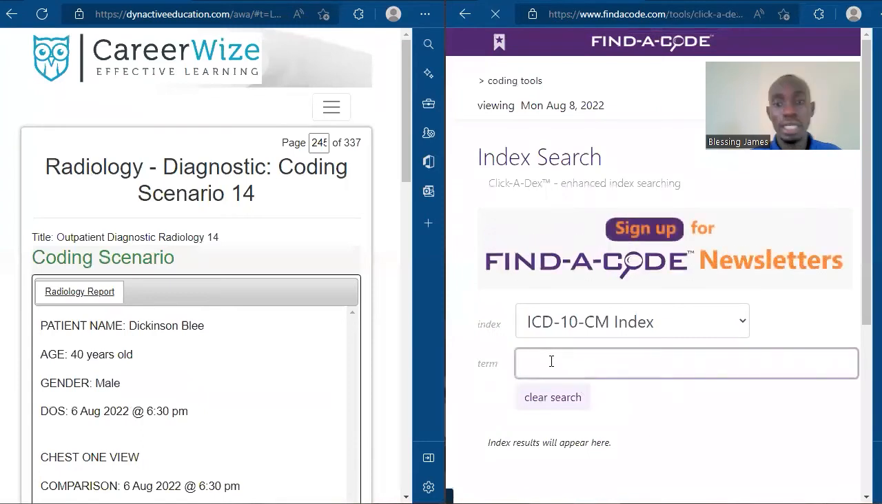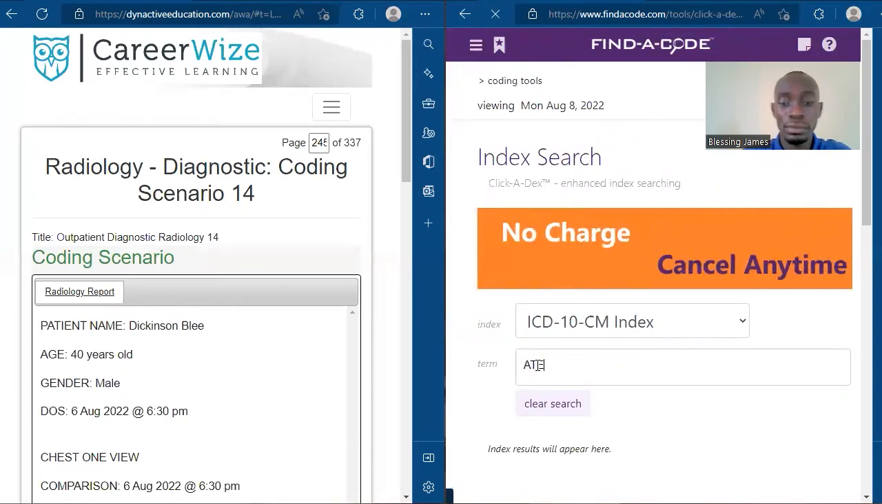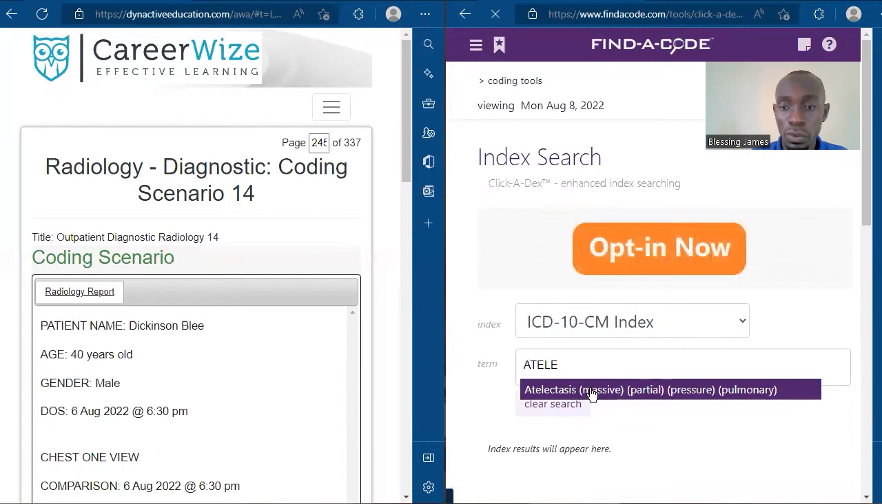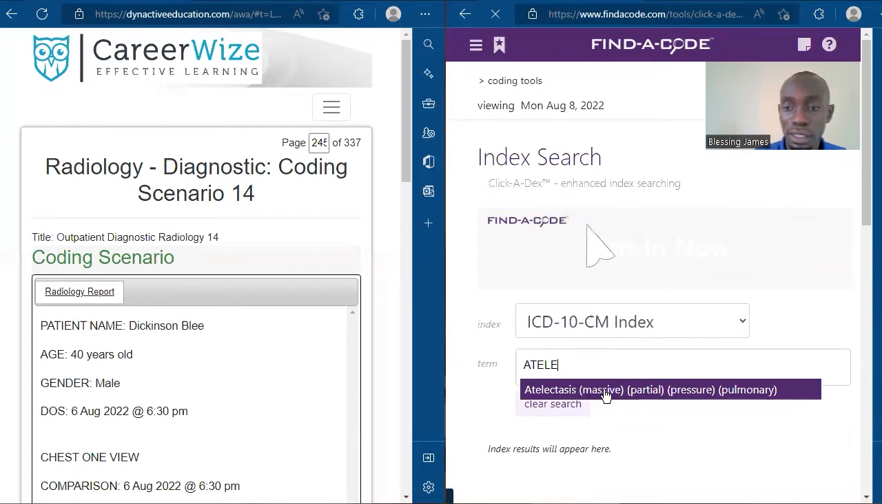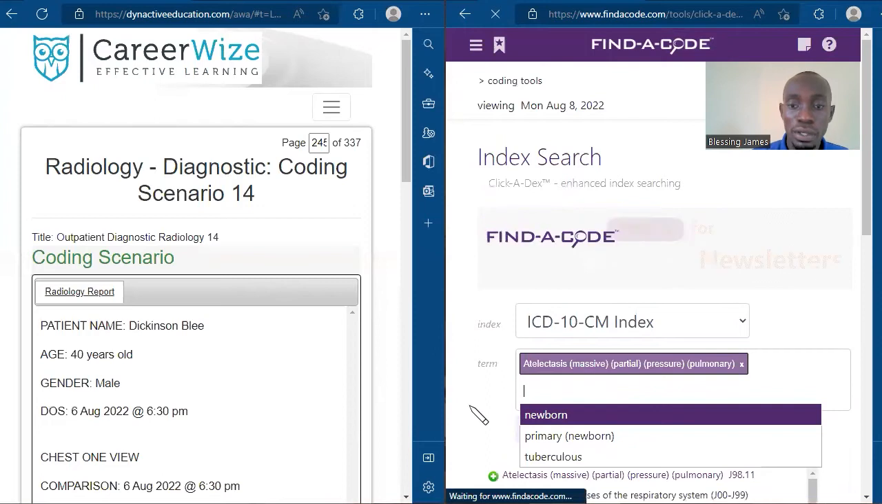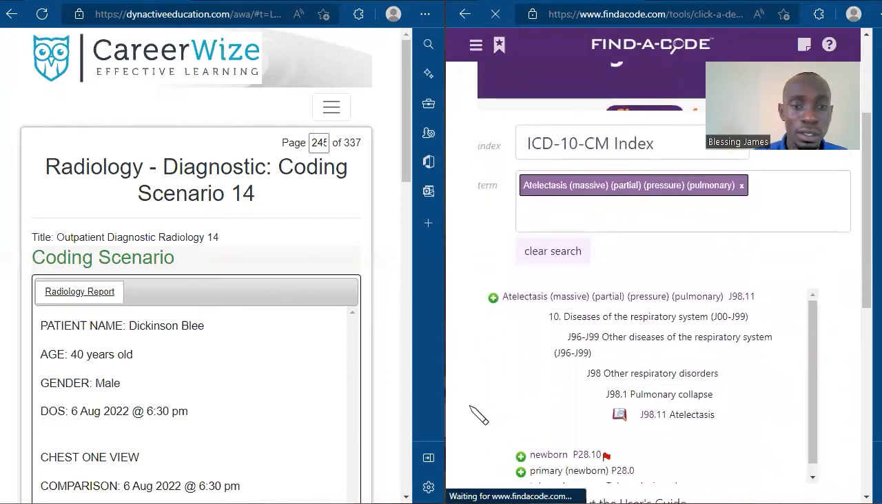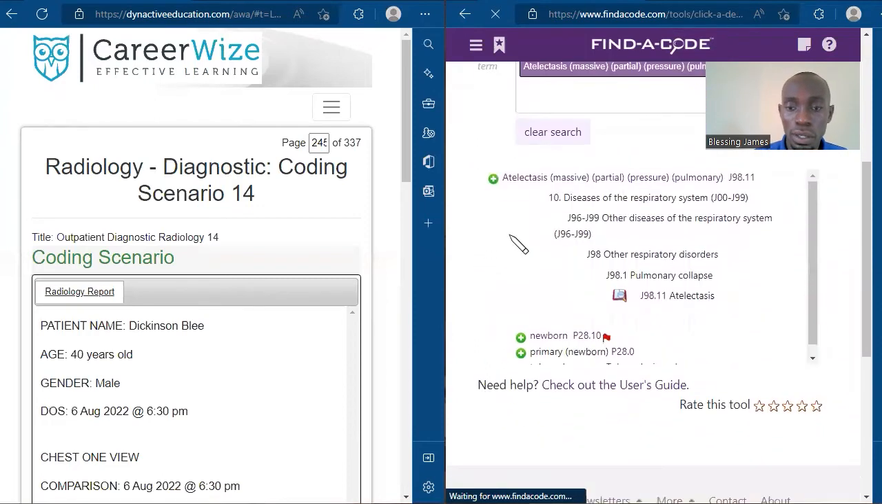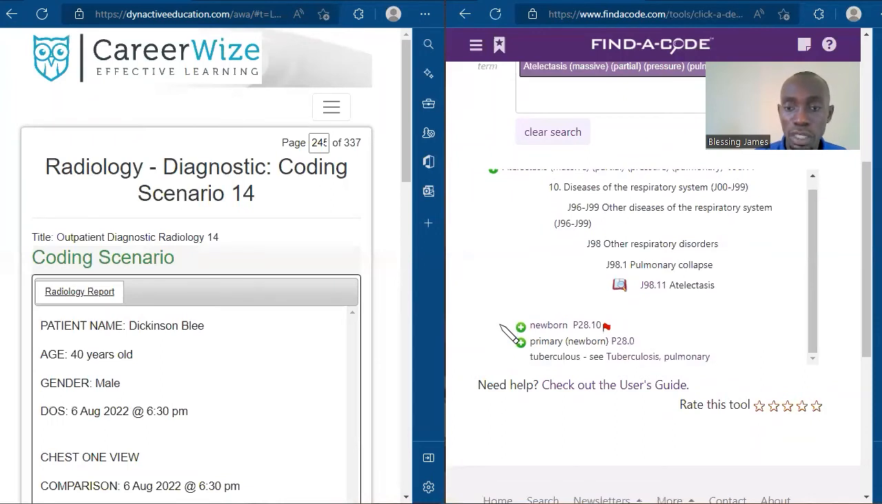Also searching through the index, you have atelectasis, we have partial, we have pulmonary, all right? So you now see that these are atelectasis, and we have a newborn. This patient is not a newborn, is 40 years old, and we have also primary or newborn. And if it has to do with tuberculosis, but there's nothing of such. So we go for